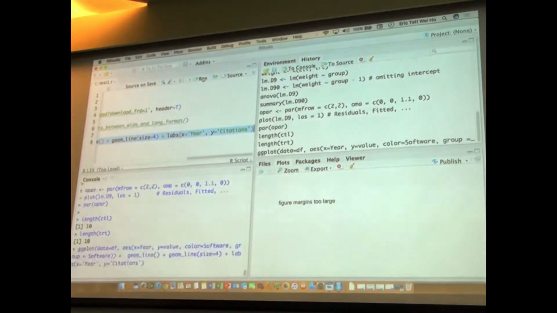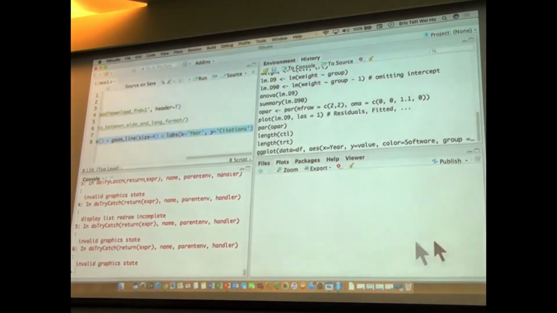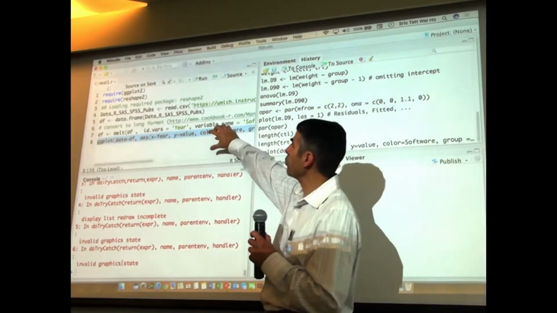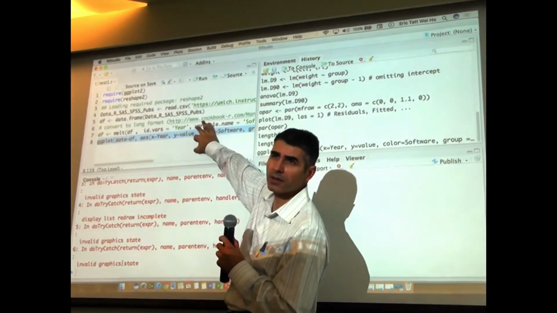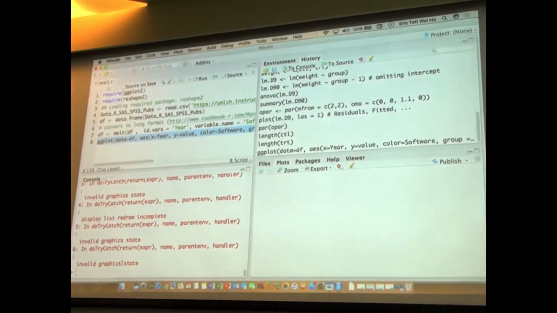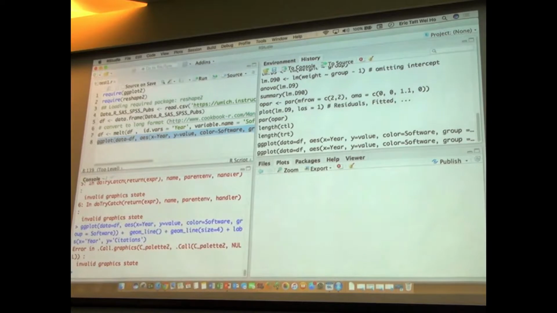If I click run, you see nothing gets plotted here, because it actually gets rendered, see, invalid graphic state. If the file that I'm editing now was an R Markdown, RMD file, it would have plotted it right up here in the source code itself. We're going to show you examples of this. So to get this to plot, I need to do Control-C here, paste it in here, and hit enter, and then